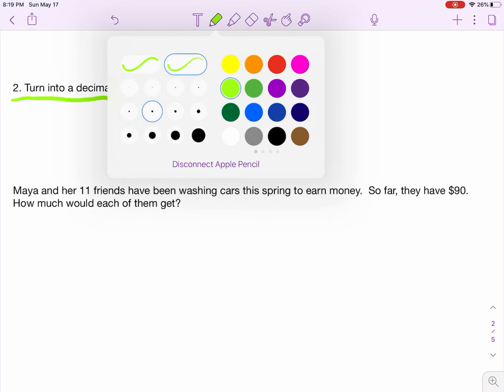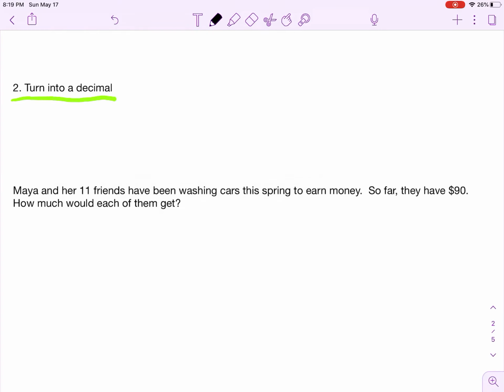So same problem, again with Maya, but this time Maya and 11 of her friends, so remember, that means that there's 12. Maya and 11 of her friends have been washing cars this spring to earn money. So far they have $90. How much will each one of them get? So again, if I think of creating some type of a little bag,